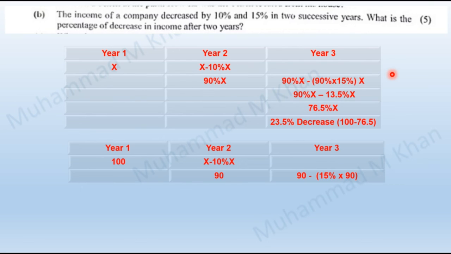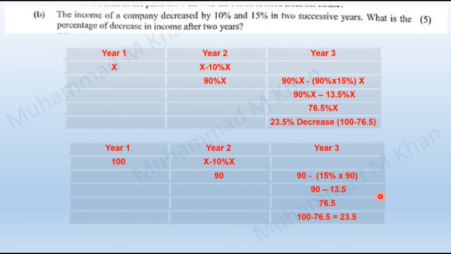We have been given in the question that income has further decreased by 15% in the successive 2 years. So in year number 3, the income has decreased by 15%. So deducting 15% from 90, 13.5 is 15% of 90, and 90 minus 13.5 is 76.5. Now deducting 76.5 from 100 gives us 23.5, or 23.5%. Solving for it as a percentage,